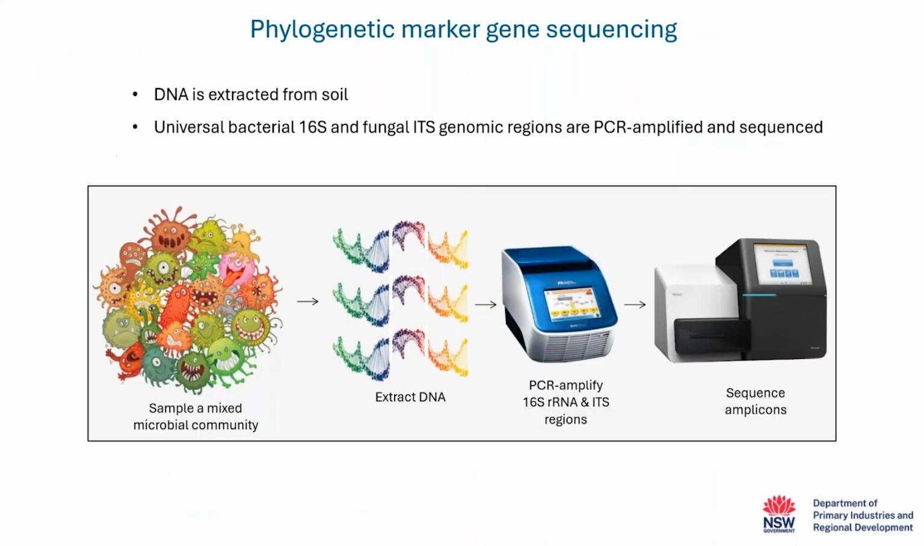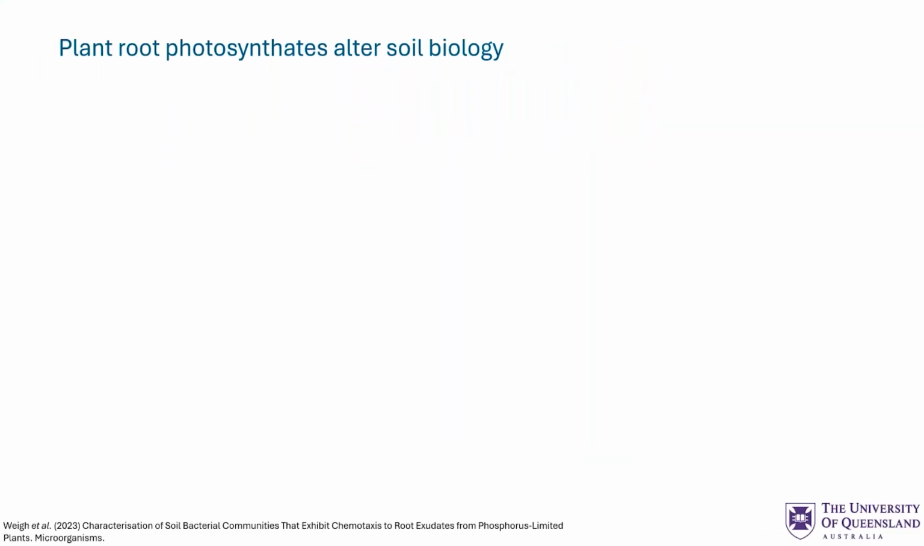Briefly, DNA is extracted from the soil sample, then key genetic markers, specifically bacterial 16S and fungal ITS regions, are amplified by polymerase chain reaction, sequenced, and then matched to known organisms using reference databases. Here's a neat example of how DNA sequencing helped reveal which microbes were recruited by plant root